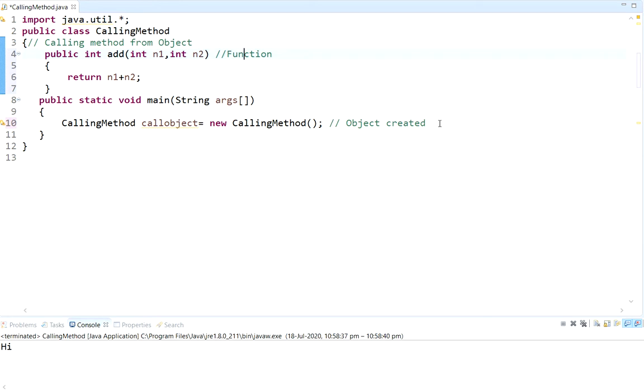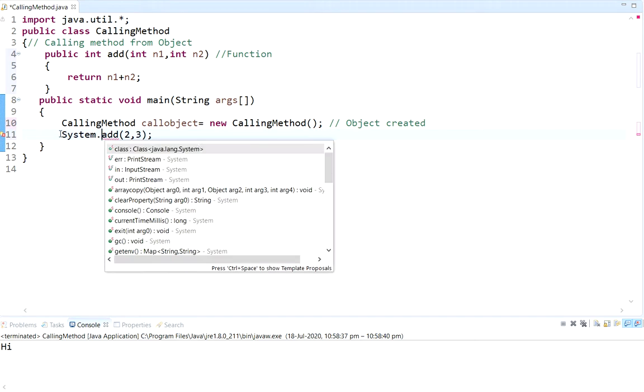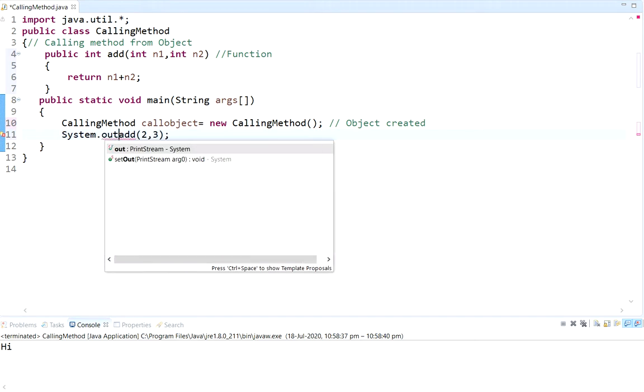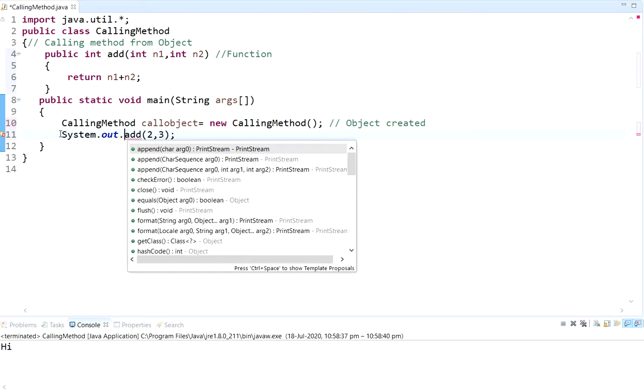Now we have to call that function. In C or C++ you directly call it like 2 comma 3, and I'm doing this as system dot out, printing this. I'm not taking that value into another variable, I'm directly printing that addition.